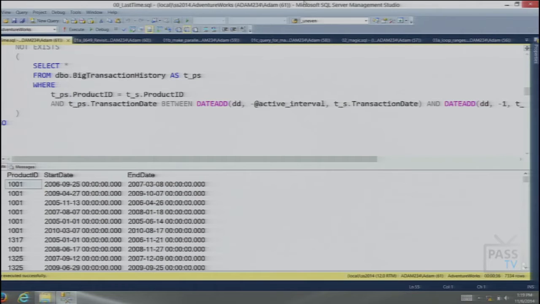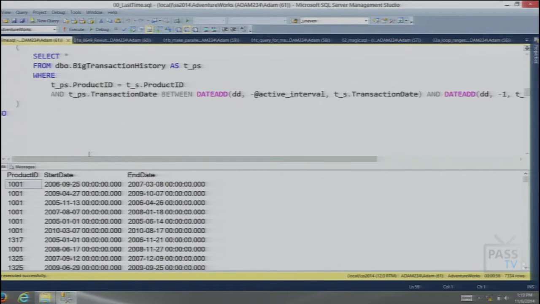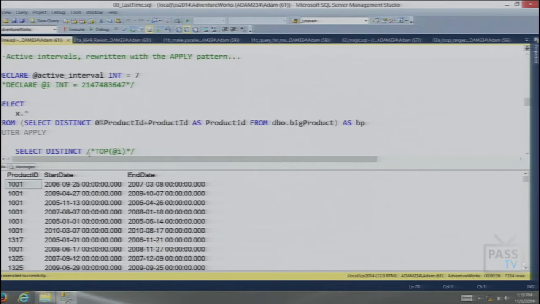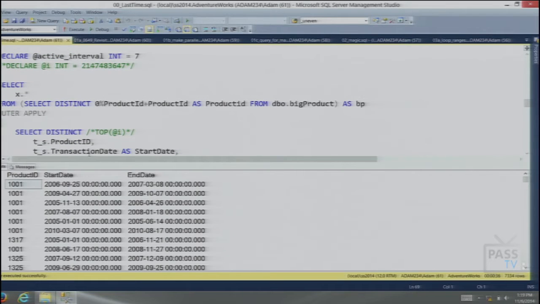All right. Wow. 36 seconds to run this query. That's meaningless to you. That's fine. 36 seconds. We got product IDs. We got ranges. That's all you need to know. Now, I took this same query, and I rewrote it using the apply pattern that I talked about in the 2012 edition of this talk. And basically, instead of joining, or instead of